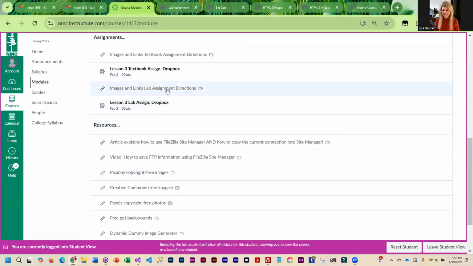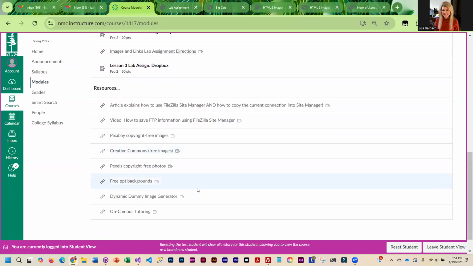Okay, and it's not unusual in this assignment for people to have some issues with images not showing or links not working. That is part of our learning process. Okay, so don't hesitate to email if you need help. Once you have checked your lab assignment and it looks good, you can go ahead and submit done to the Dropbox. As far as resources, if you want to put an image in the background of your page, I've got